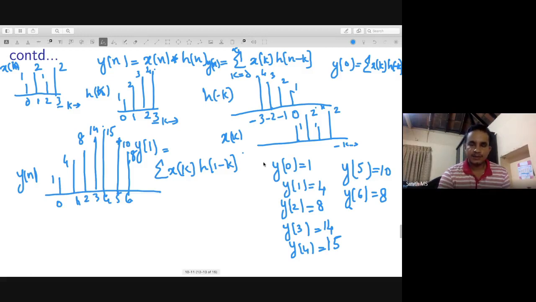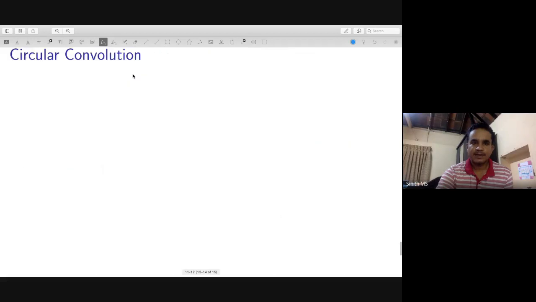This much you understood. Now let us go to the frequency domain. What happens in the frequency domain when you do this? You have x of n, you have y of n also. Probably we shall go to the next slide. We will be seeing what the circular convolution is. As of now, let it be here. Again, we will see the example.